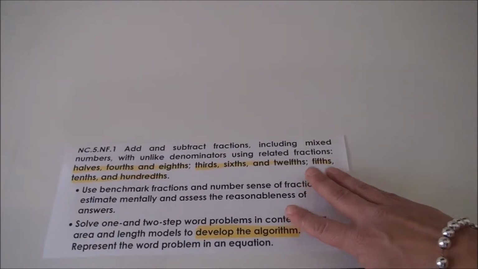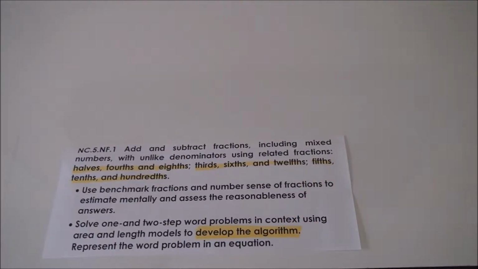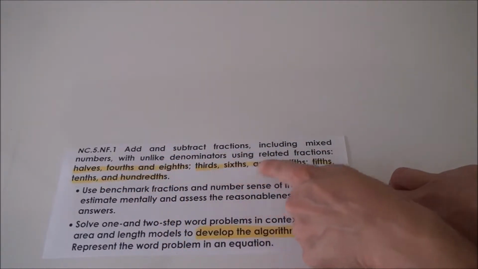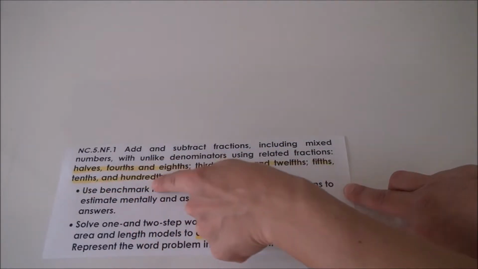This video addresses North Carolina Math Standard 5.NF.1. Add and subtract fractions with unlike denominators, including mixed numbers, using related fractions. Fractions are related when one denominator is a multiple of the other. Related fractions for this standard are limited to halves, fourths, and eighths; thirds, sixths, and twelfths; and fifths, tenths, and